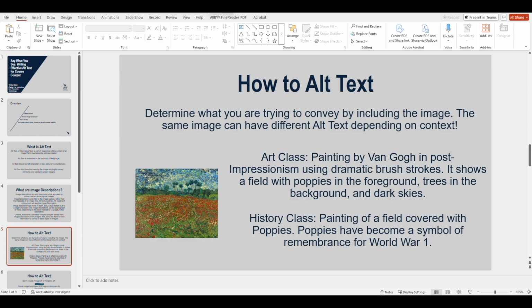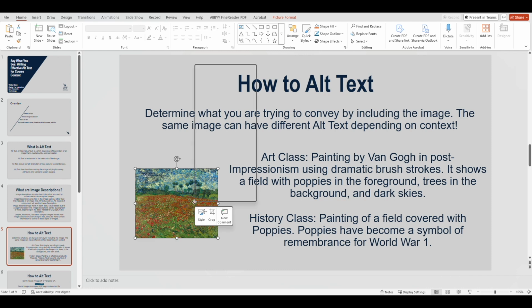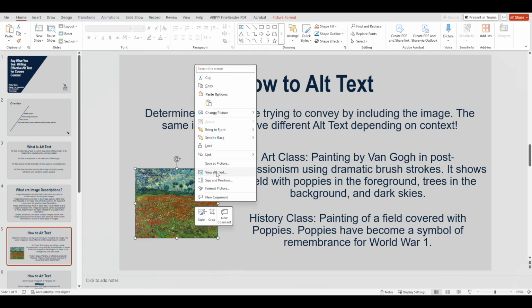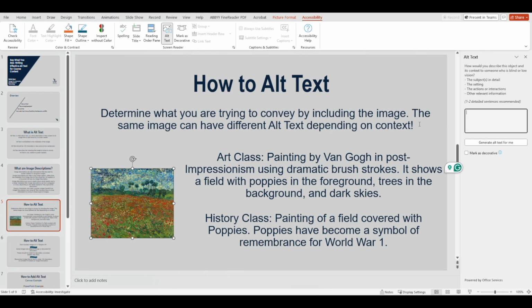Here in PowerPoint, adding alt text to an image is pretty easy. I'll show you 2 ways on how to add alt text to images. The first is by right-clicking your image on your slide. This will pop up View Alt Text. Here you can type in your alt text, and then once you close out of it, it will be reflected